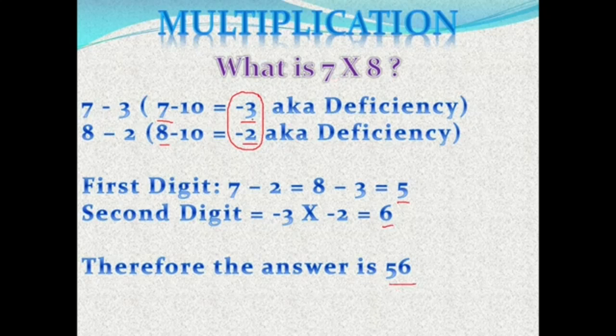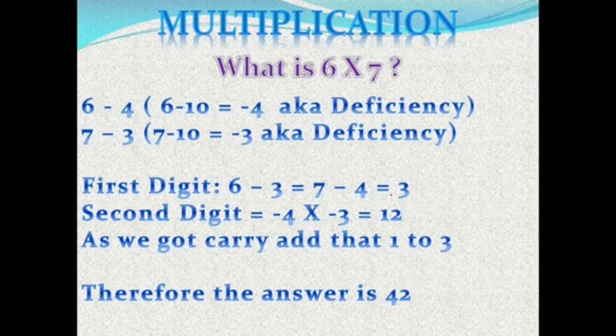For this one it looks like, why do I need to do all this, as I can directly tell what is 7 times 8? I agree with you, but if I go to big numbers, like whenever I am multiplying 97 with 98 or 88 with 92, in such numbers this technique will be quite useful.